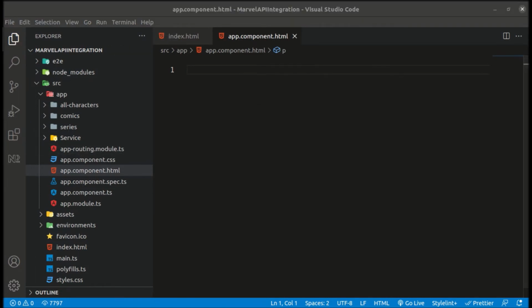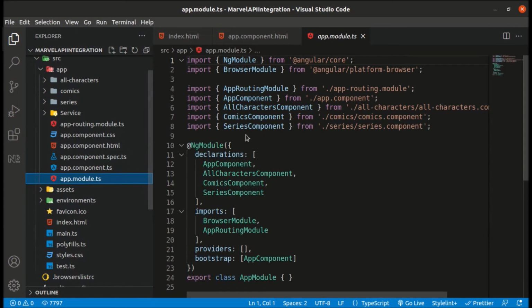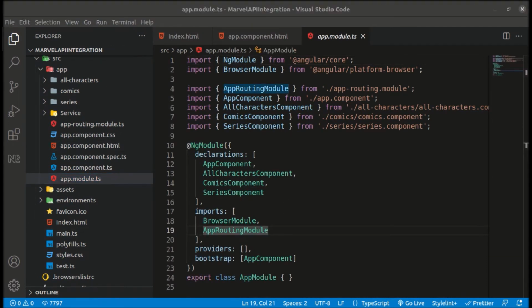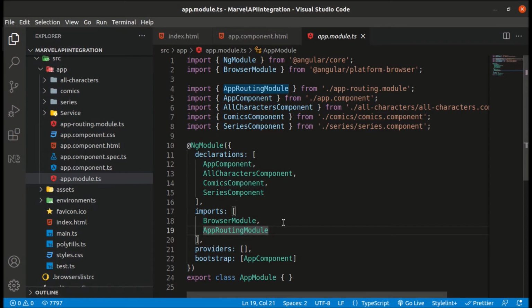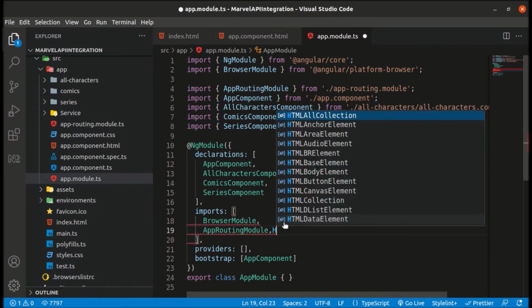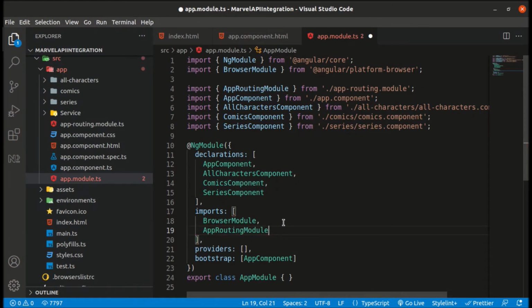Now let's go to our app.module.ts and import our required modules. We will be using HttpClientModule, so we first have to write the line to import it.